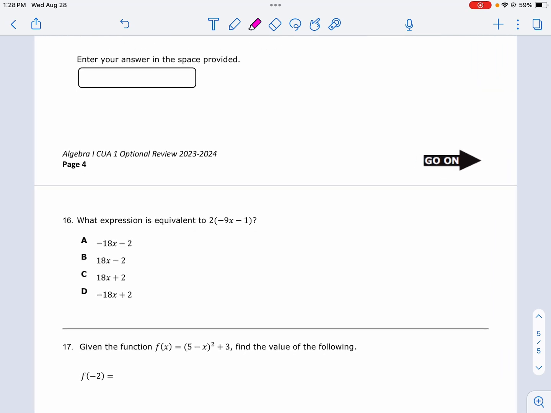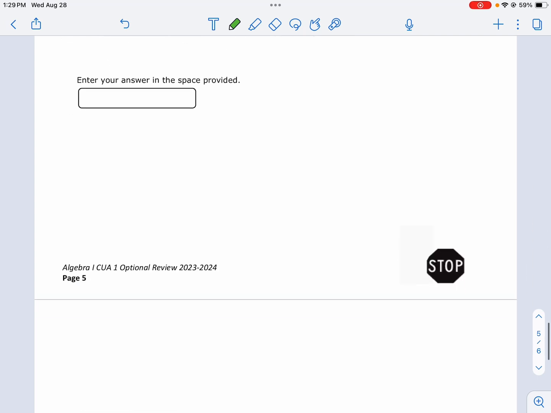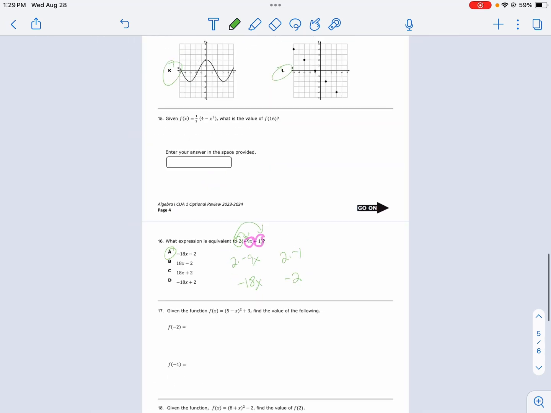Last distribution problem, and then I'm not going to do the rest of the functions. I got one more distribution problem. 2 is on the outside. I've got -9x and -1. 2 times -9x is -18x. 2 times -1 is -2. So we're looking for -18x minus 2. A is your answer. Okay, and we did the others in class, so I'm going to stop there because you've practiced them every